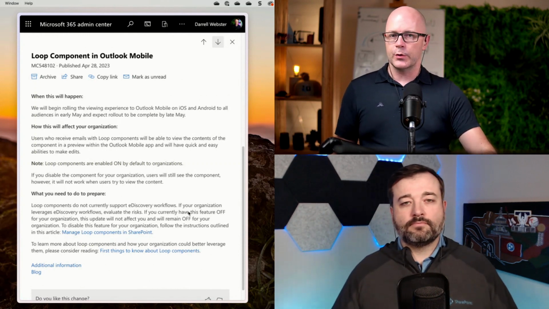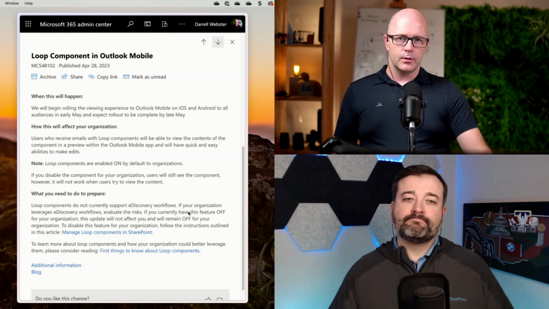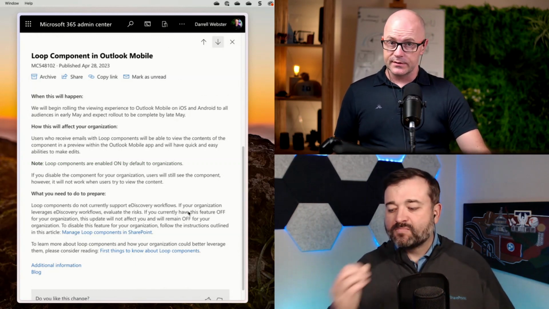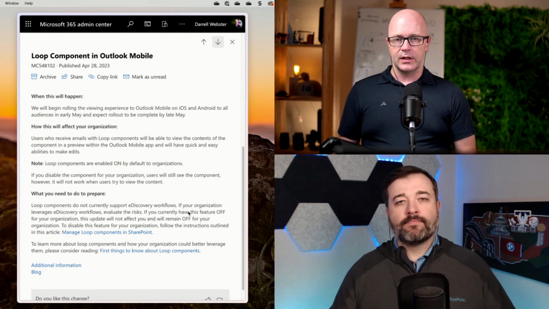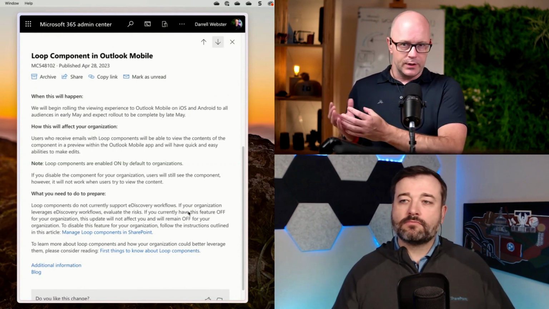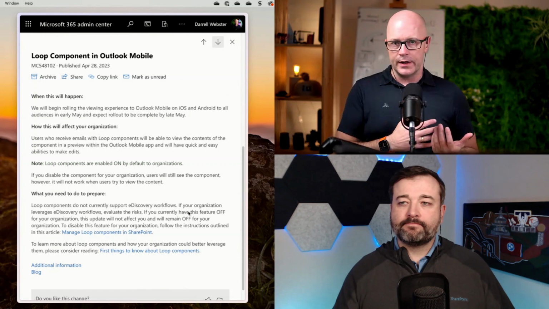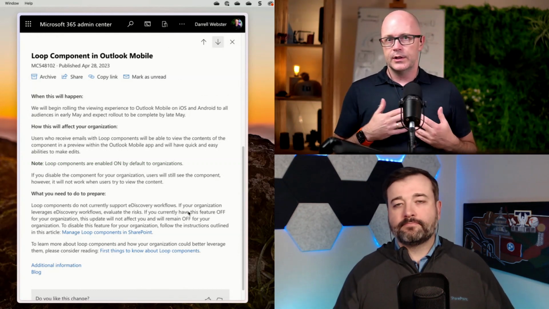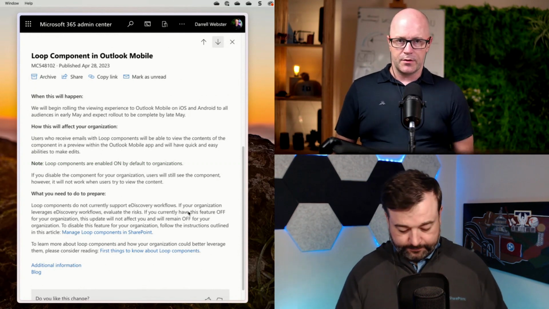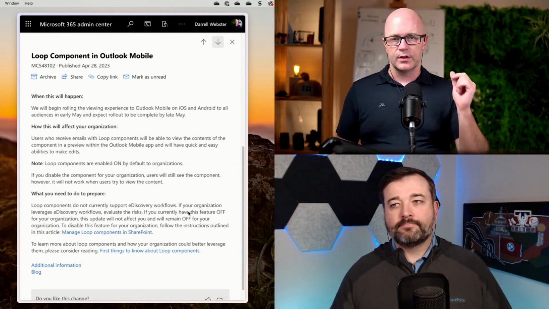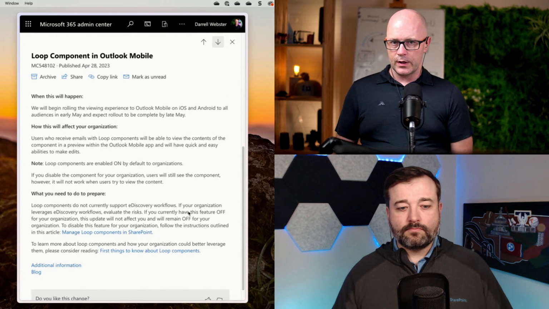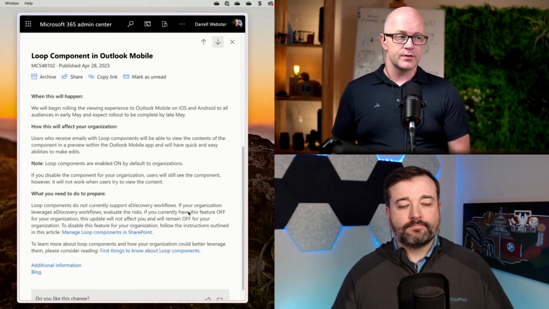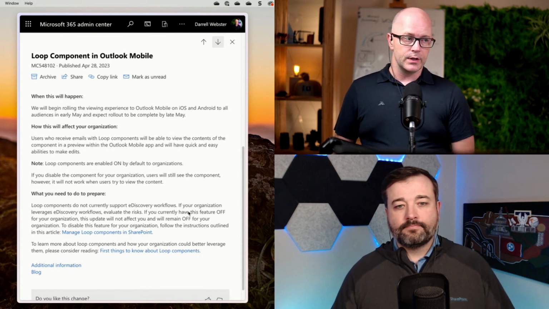There is still the story being built out around e-discovery. So loop components are discovered if you run an e-discovery, it will find the content. But what they're still working on in the team is the ability to take that component, discover it in the e-discovery, take it offline, and still be able to read it and not change anything about it. And they've got some good thoughts around how to do that. They just haven't got that available yet. So give that some consideration. If you're an organization that still has certain strict rules around that sort of scenario, and you want that archiving, retention, compliance, then maybe Loop is not quite ready for you yet.